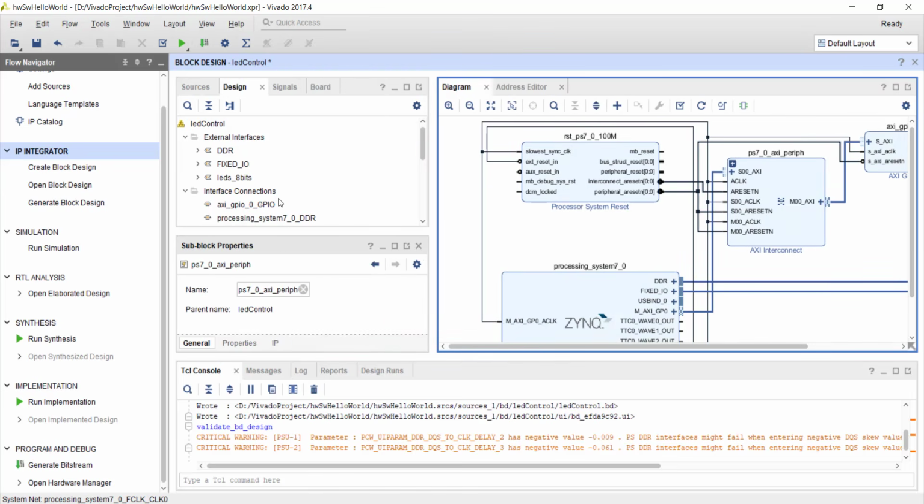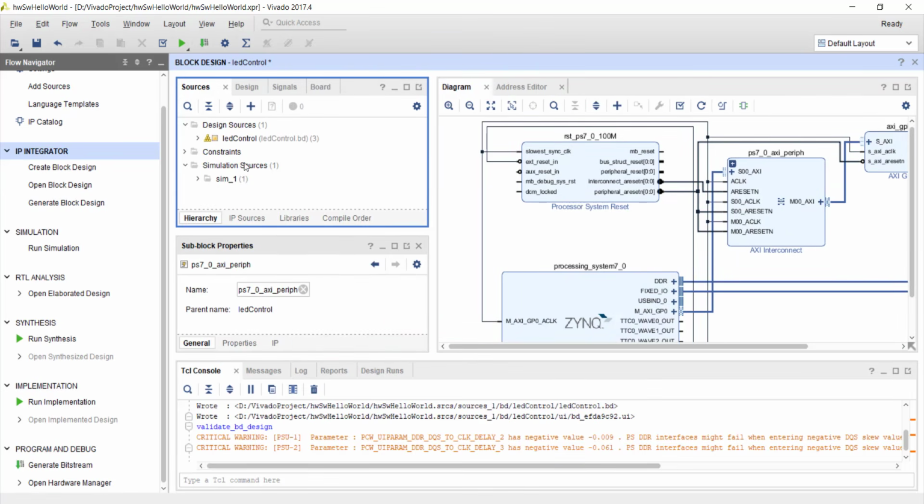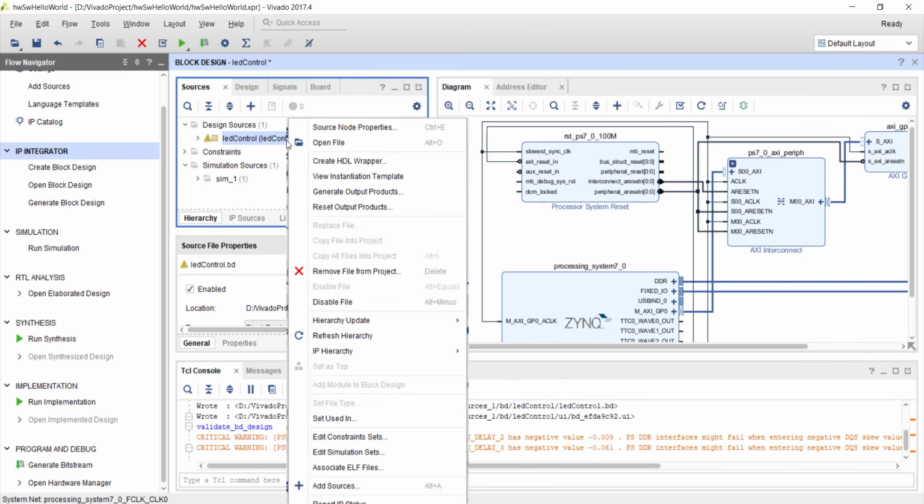Okay, now once you have done this much, you should come back to the sources tab here, and here you will see led control.bd. That is actually the block design, this one. Now you need to implement it. To implement, the first step is to right click and say create HDL wrapper,